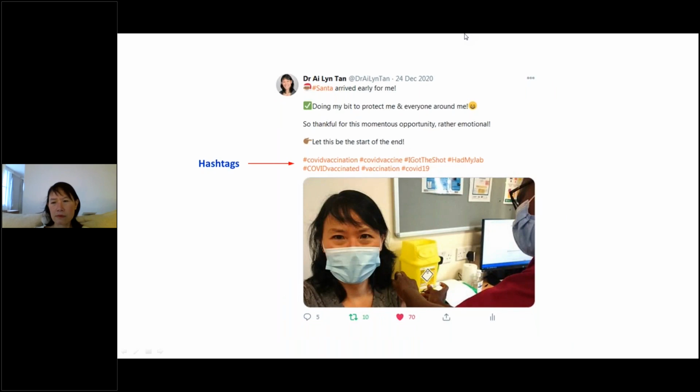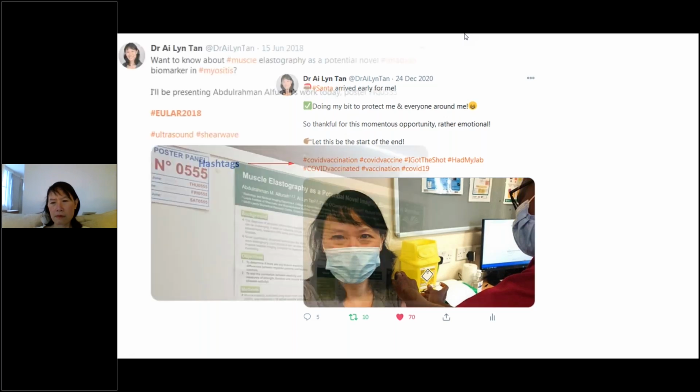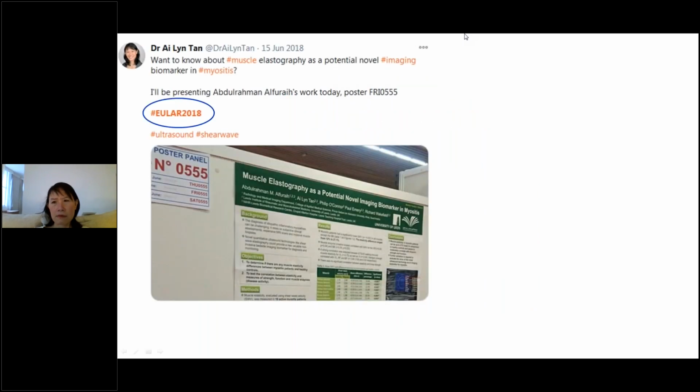Within this tweet, you have the hashtag sign in front of it, which can bring up a list of tweets that have used the same hashtag. The benefit of using hashtag